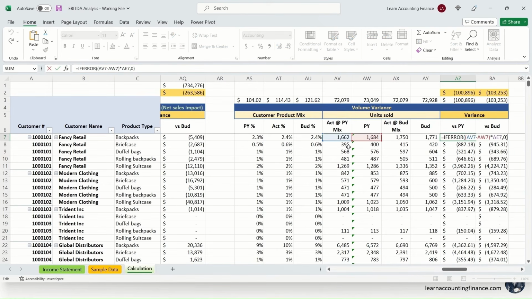This is because at prior year's product mix, our quantity sold would have been lower than the prior year quantity. And this is really an equal allocation of the total drop in volume. So if we look at the number of units sold, in prior year it was 73,049. This year, the total number of units sold is only 72,000. So there is a drop in units. And when it comes to volume variance, because we are keeping the same mix, this will show that all the